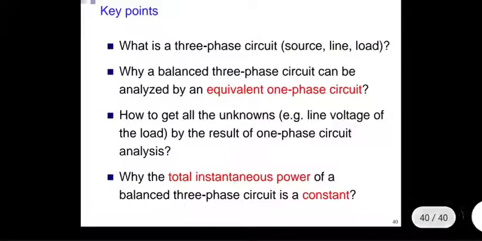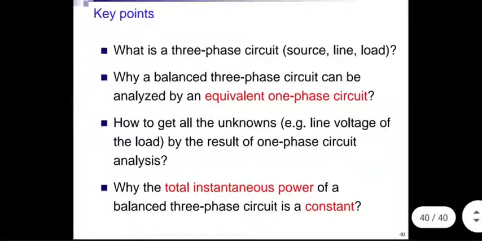Okay, this last point, last slide is probably important. What's the three-phase circuit? Three sources. Lines, of course, are probably going to have even more conductors than three. And load, of course, can be anything. Single phase, three phase, combination, whatever. Load is something that you don't control. It is the society that controls the load. You have to be prepared for everything.